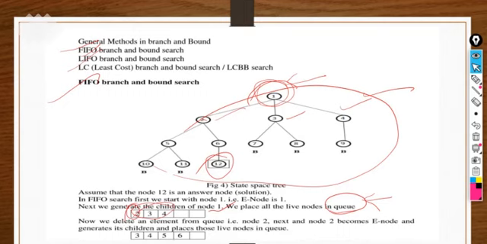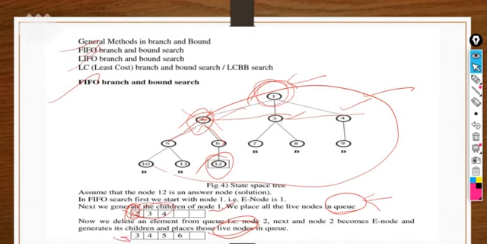Next, we delete 2 and expand it further, because at this level we have already generated all the child nodes of e node 1. Now 2 becomes the e node, and 3, 4 are still live nodes. By removing 2, we insert 5, 6 into the queue, which will behave as live nodes.